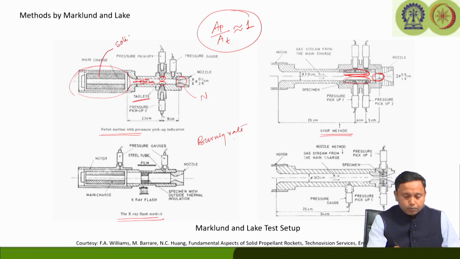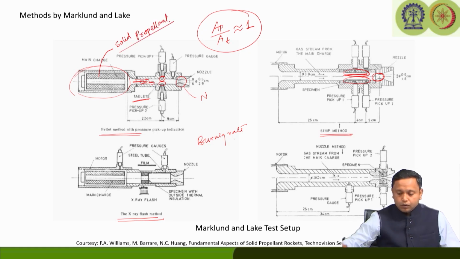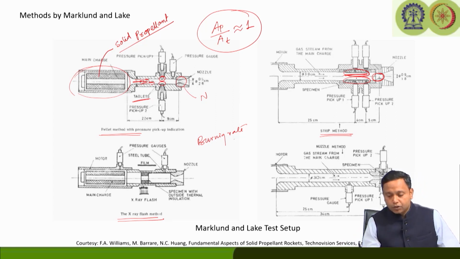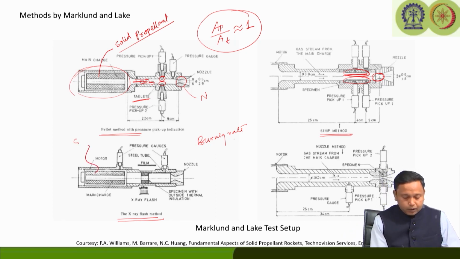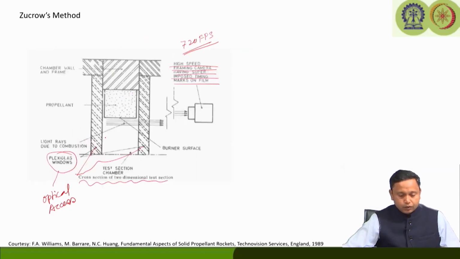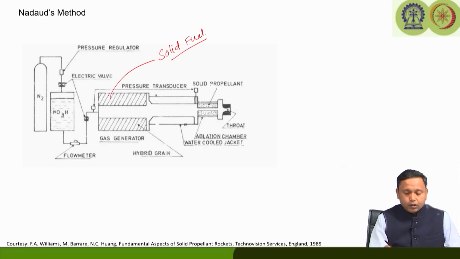You should remember this is solid propellant. In all cases they are using solid propellants to generate the high gas velocity, which gives the erosion here. Same thing for the strip also. Here also in case of the X-ray flash method, same thing, this is the solid propellant. Now, here also the exhaust from the solid propellant is coming and passing through the sample, but the difference is that it is using a hybrid gas generator. So, you should just note down that